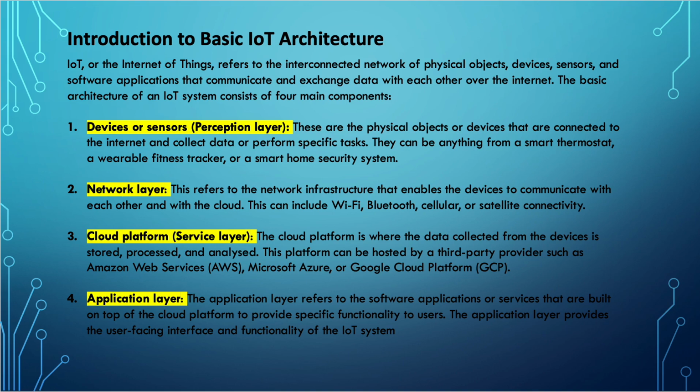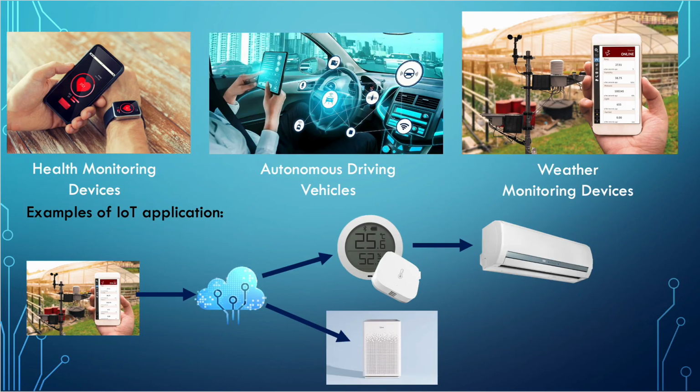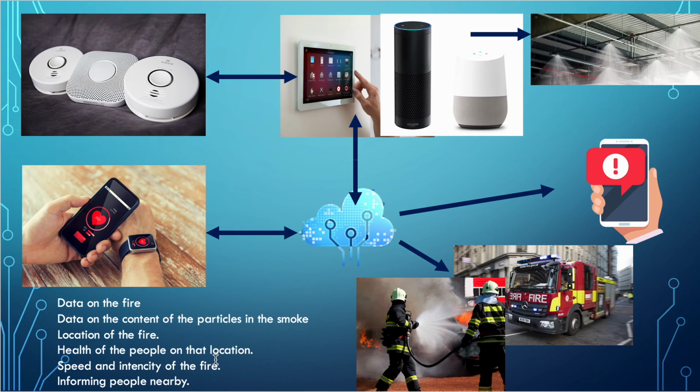So there will be networking between each other, right? The best example is here, in a single scenario when a fire occurs, how data is communicated to control systems. The control systems then communicate back into, here we can see, the perception layer or the devices